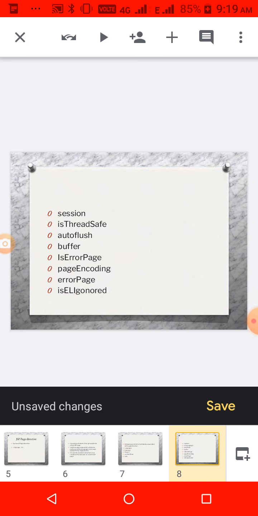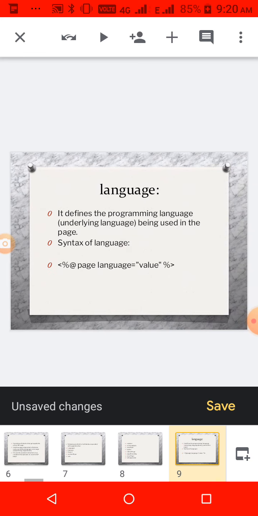Error page and is error page are more or less the same. And then encoding scheme; these are all default only, and as users we need not change them. And then isELIgnored, whether the expressions we are using are to be executed or not. Like this, by using these directives we are giving information to that JSP page.